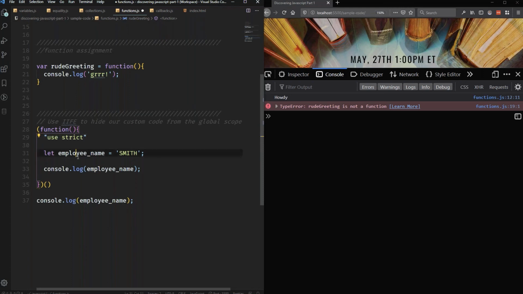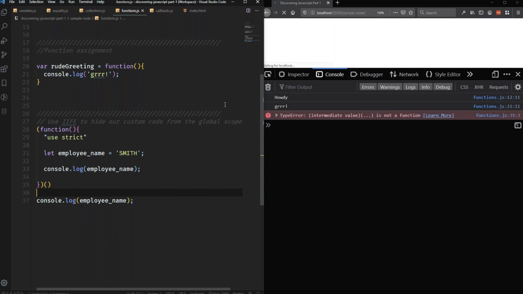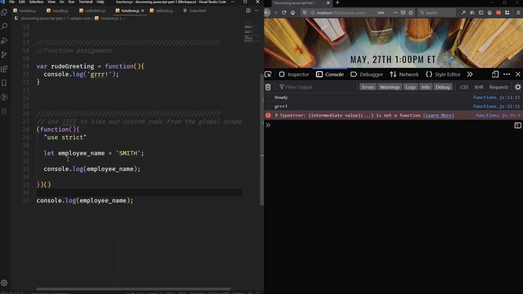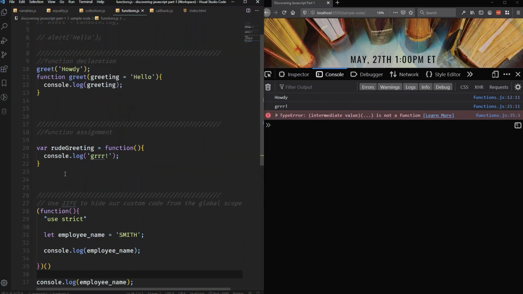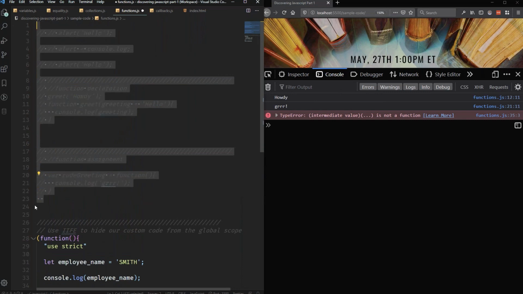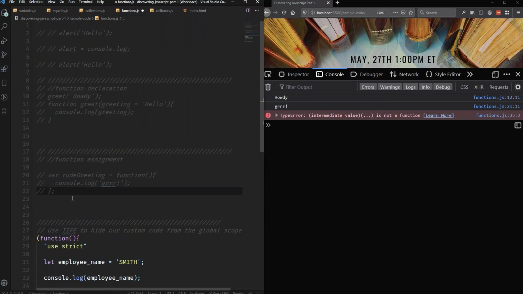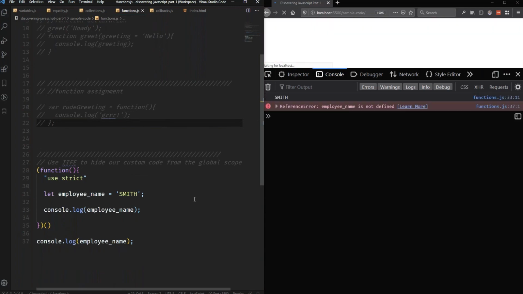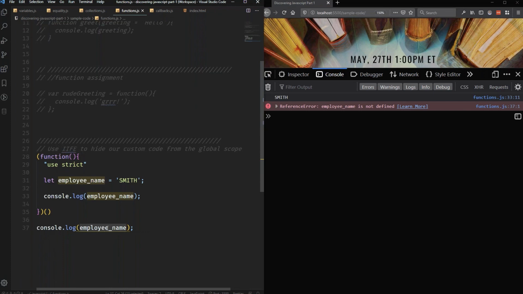And what's interesting here is I'm going to make an employee name, Smith. I'm going to log it. And then I'm going to try to reference that exact same employee name outside the scope of my code. And what should happen, let me comment these out. I think I needed a semicolon right there, but oh well, let me save and run that. But now we can see that employee name is not defined. It happily logged out Smith when it was inside the scope of this IIFE, but outside the scope of this,